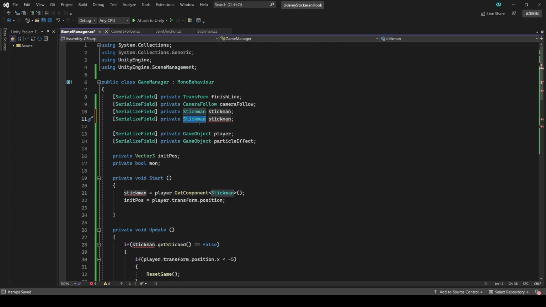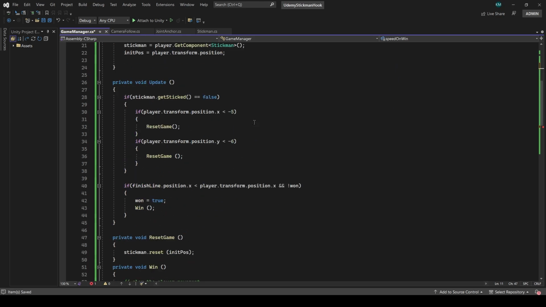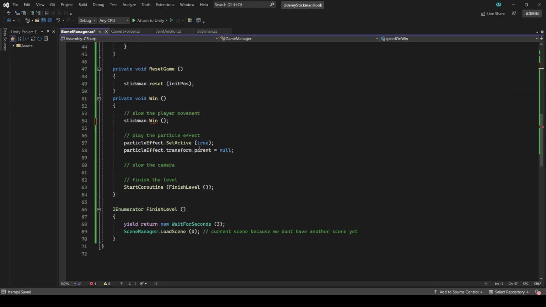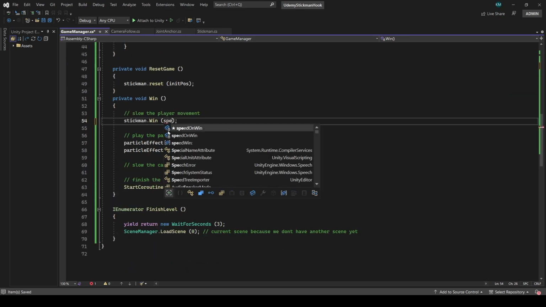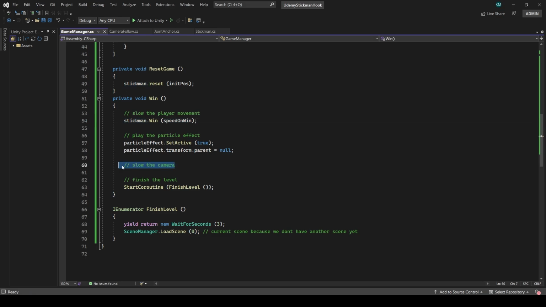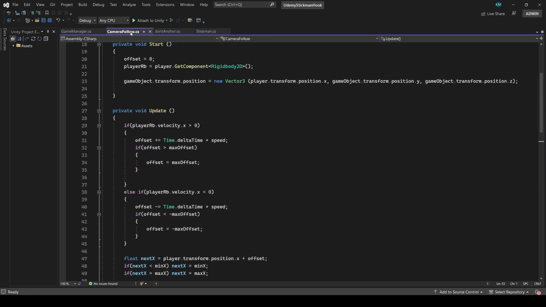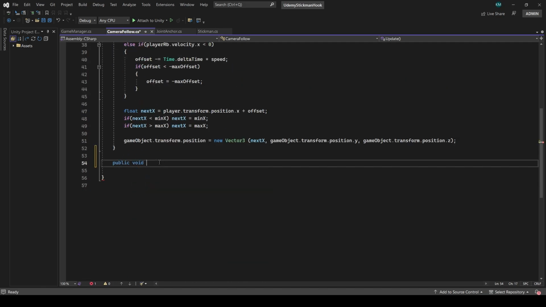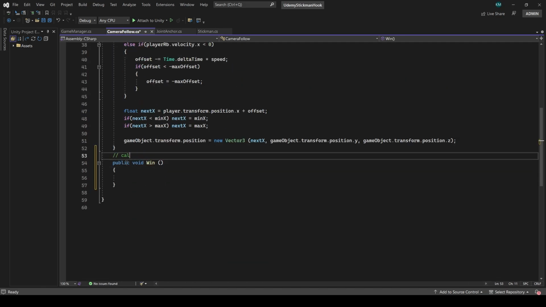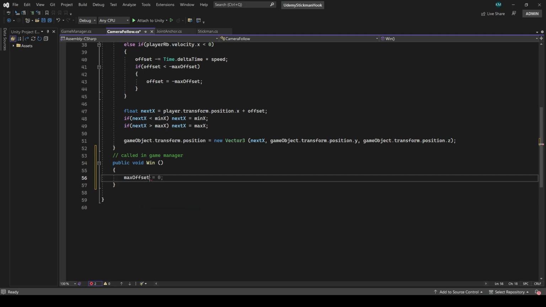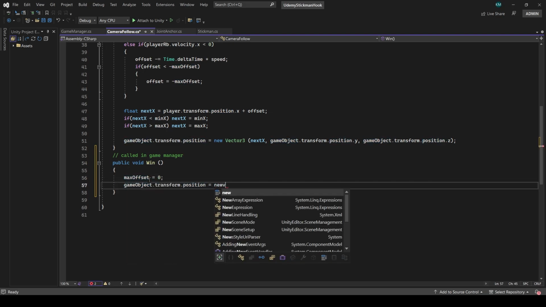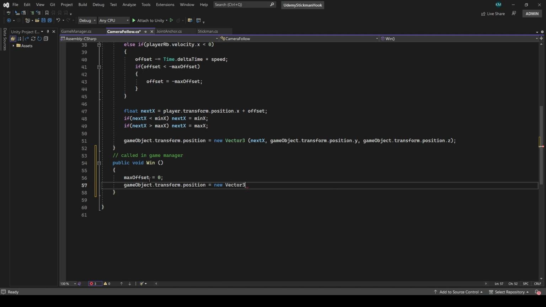Now create a serialized field private float speed on win and add this variable here. Let's slow the camera movement. So open the camera follow script, create a public void win. Inside this, set the max offset to 0, gameObject.transform.position is equal to new Vector3